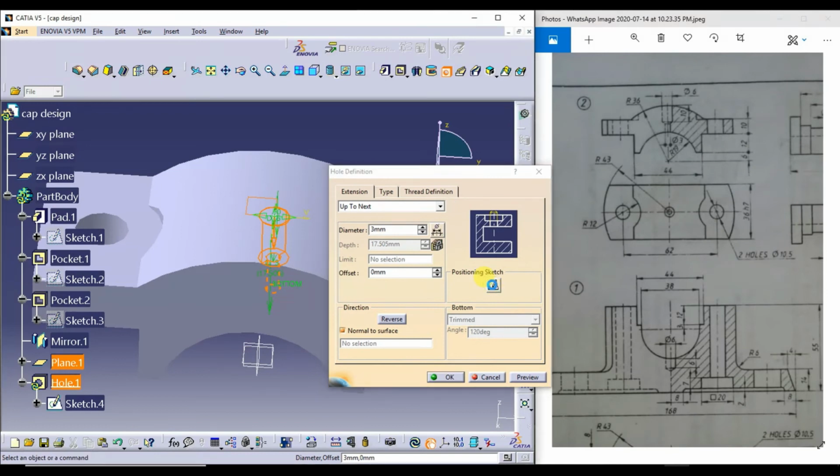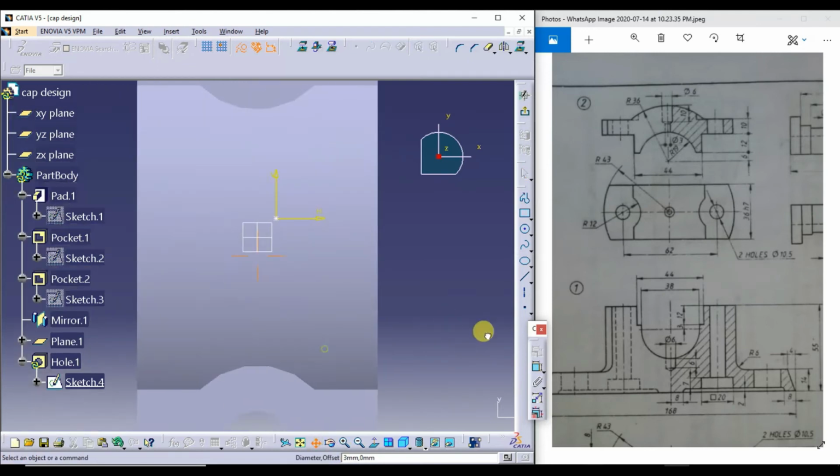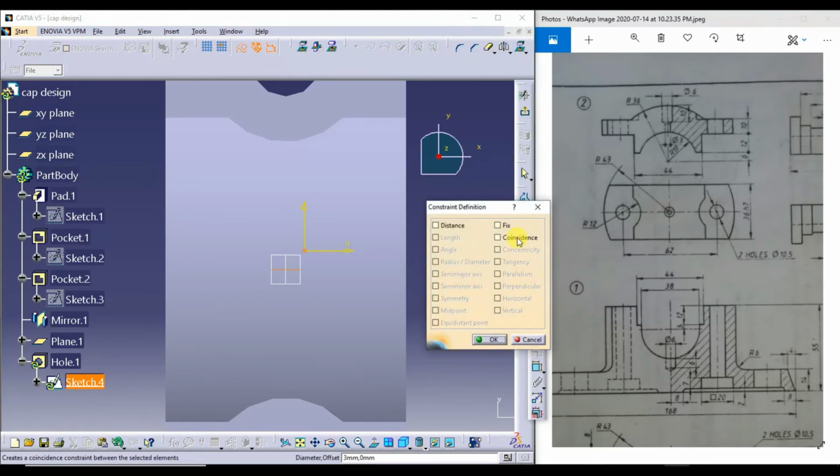I'll go for the sketch positioning. See here, our hole is located here, so it has to come exactly at the center of this. So what I do, I'll choose this hole and this plane, and I'll give a constraint that is called point side. So this hole which was previously here is shifted to this.